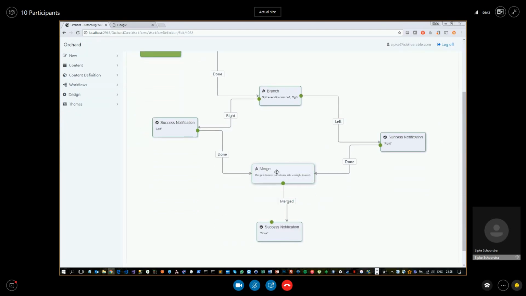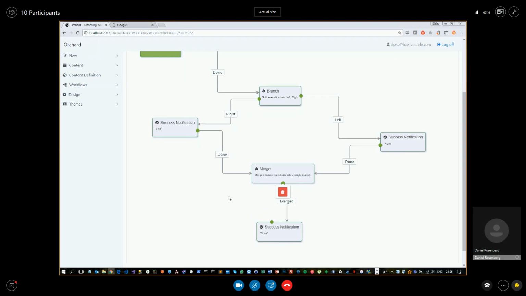I added a merge task, so you can branch and then you can merge it back. What it does is it just stays here. Execution halts. Well, it doesn't halt, but it remains here until the two sibling tasks are finished executing. So this branch will cause both of these to be executed, and then when they're both done. In .NET it's called join. Yeah, join would be more conventional here, I think.